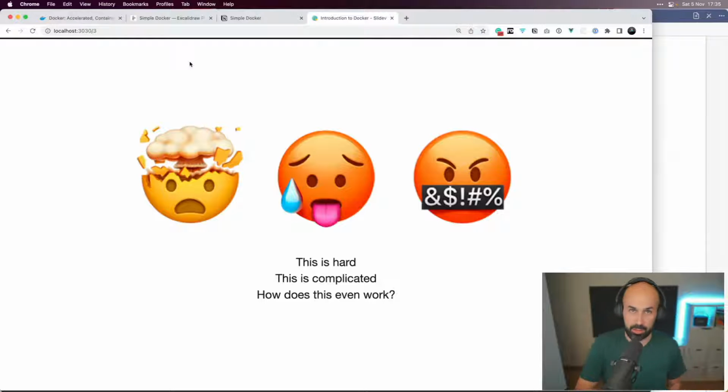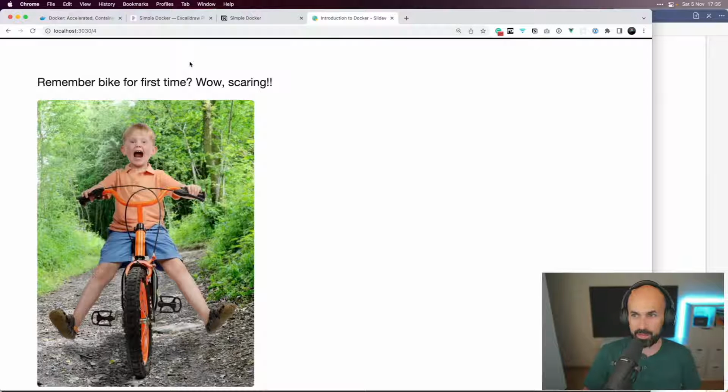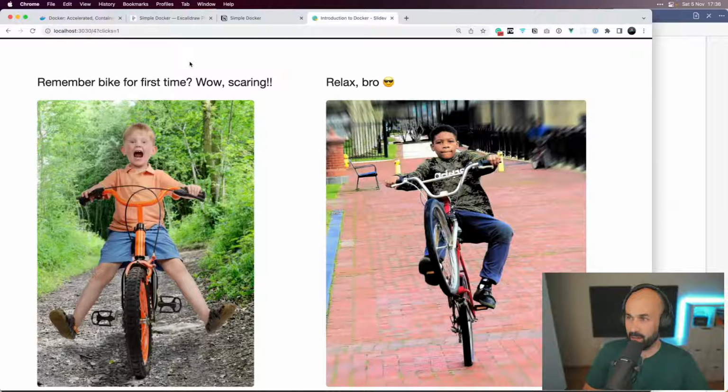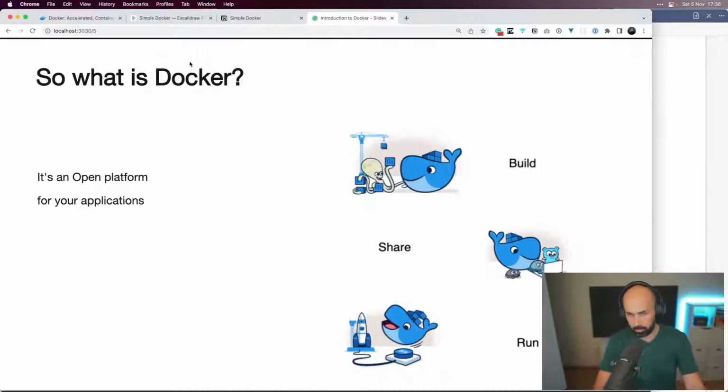And for the ones who have tried it and maybe regretted it because it was too hard or too complicated, I want to remind you that there was also one day where you were afraid to ride a bicycle, because it was scary when you hadn't done it, until it was not scary anymore. When you ride for a few weeks, you would be okay with that. And that's exactly how this is going to be. Hopefully I will ease your journey with that.